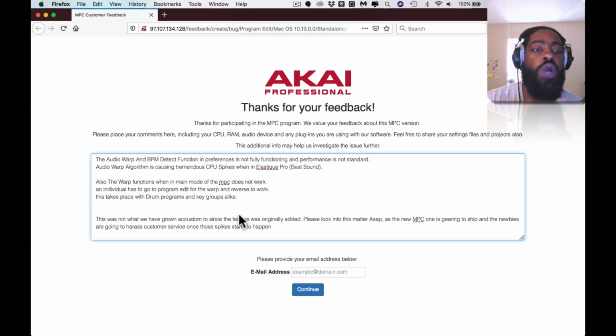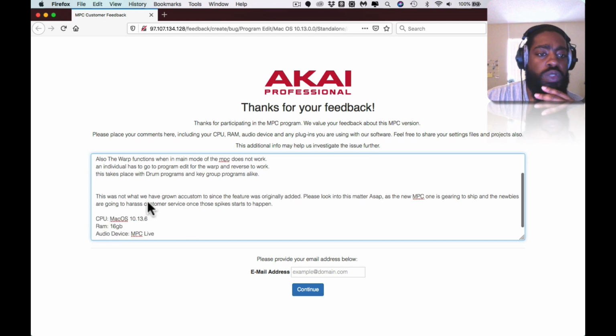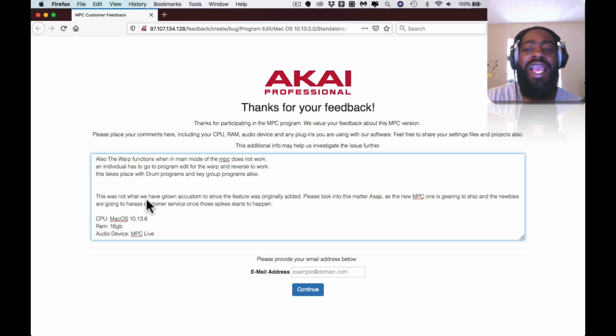An individual has to go to program edit for the warp and reverse to work. This takes place with drum programs and key group programs alike. This was not what we have grown accustomed to since the feature was originally added. Please look into this matter ASAP,